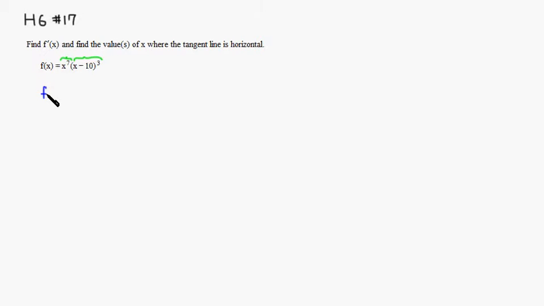So we want to find f prime of x, which is equal to the derivative of the first guy, which is 7x to the 6th power, multiplied by the second, so we just do quantity x minus 10 raised to the 3rd power, plus, leave the first guy alone, so x to the 7th power, then times